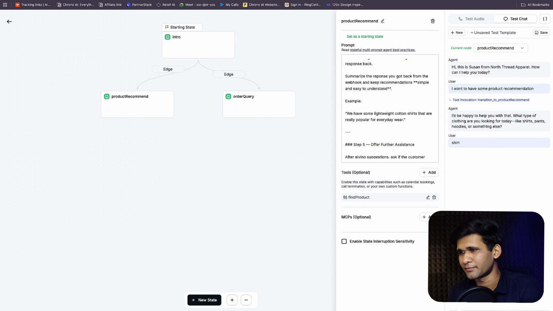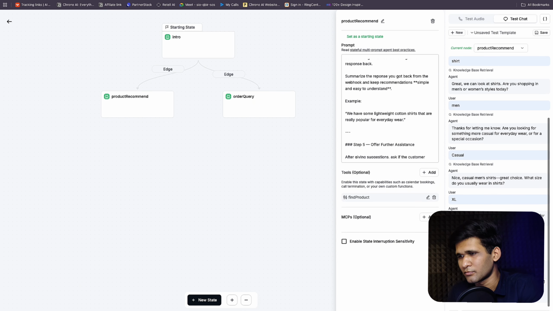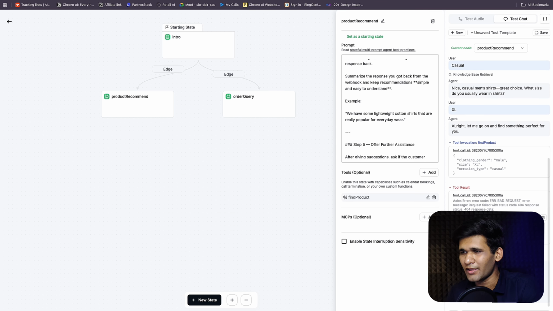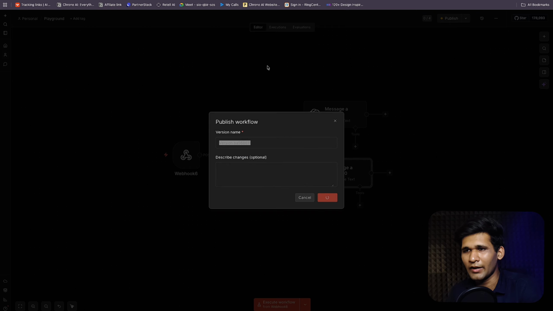So let's say shirt, men, casual, let's say Excel. Okay, now as you can see, the tool is called perfectly, but the tool result is not there. Why? Because we are going to go here, and first of all we haven't published it, our bad,